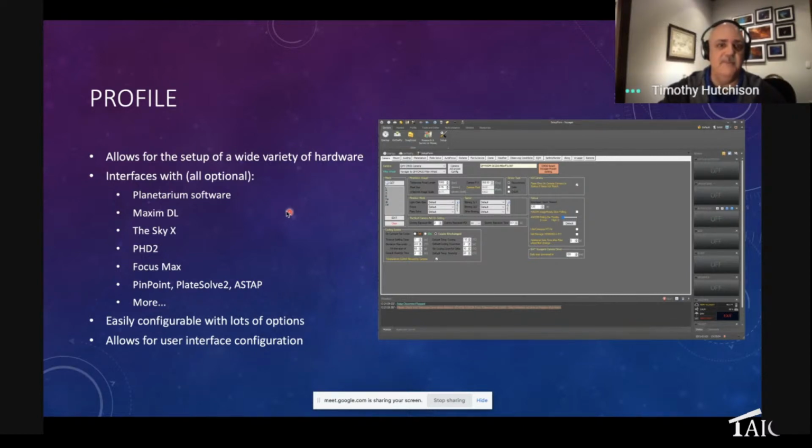I did watch it. So this is where you set up your profile. I don't know if you can see all these tabs here. I know it's kind of small to try and fit all this on the screen, but this is where you set up your camera and your mount and your guiding and a planetarium software and plate solving and autofocusing, and all these things are going across here. So this is where you come in to configure all of your